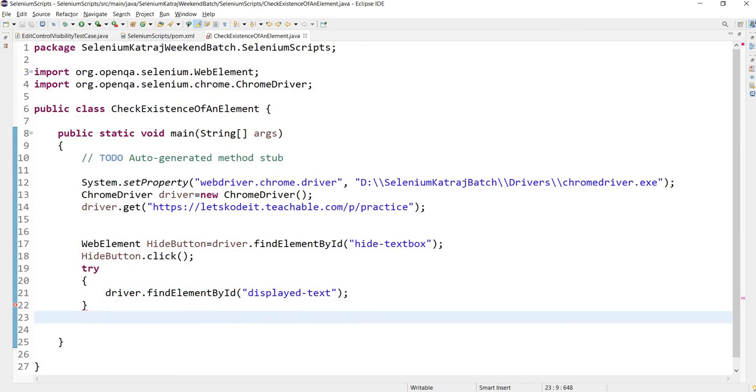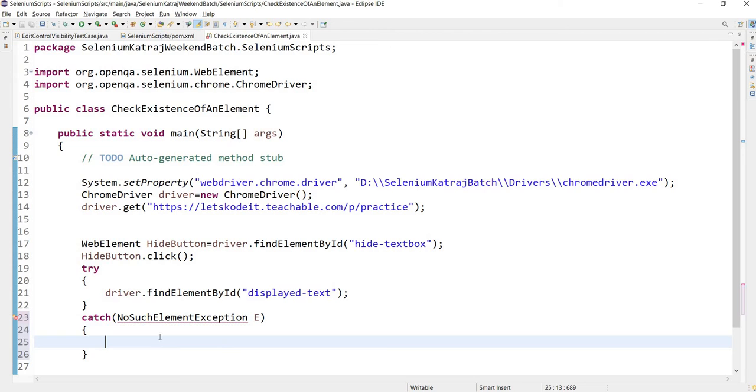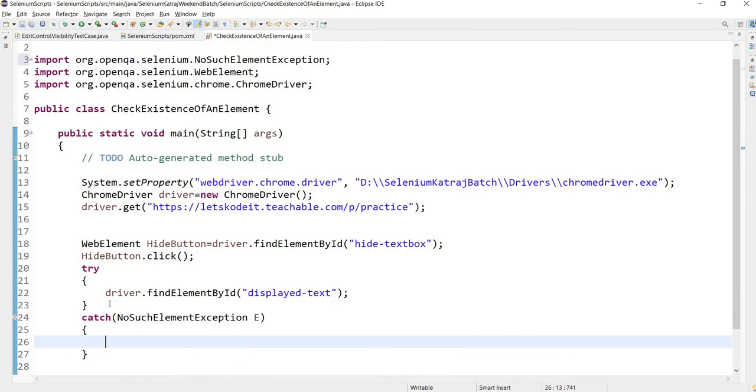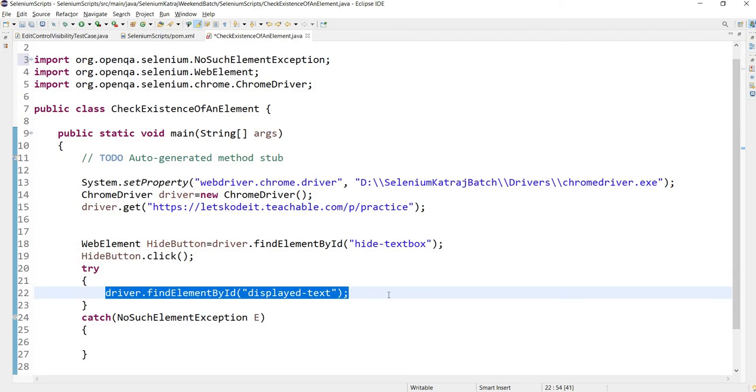So I will catch that exception. I'll say catch NoSuchElementException. Let's import it from Selenium, org.openqa.selenium.